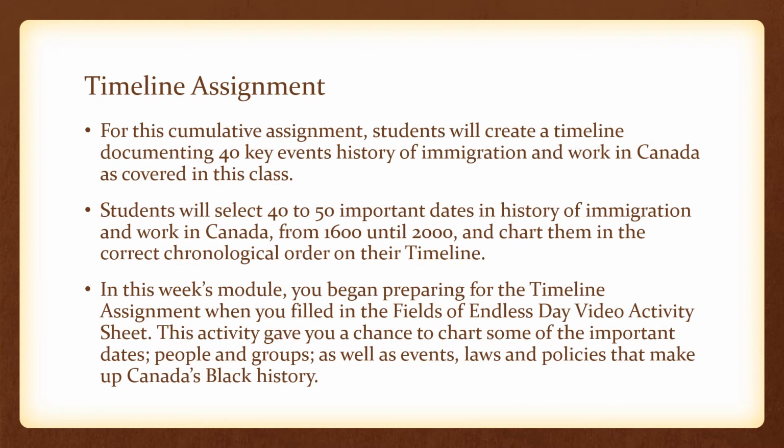So for this assignment, you will create a timeline documenting 40 key events in the history of immigration and work in Canada as we have covered them in this class. So you will need to pick out 40 to 50, I suggest 50, important dates in the history of immigration and work in Canada from 1600 until 2000 and chart them in the correct chronological order on their timeline. So when I say correct chronological order, that means that if it's 1630, it goes before an entry that is